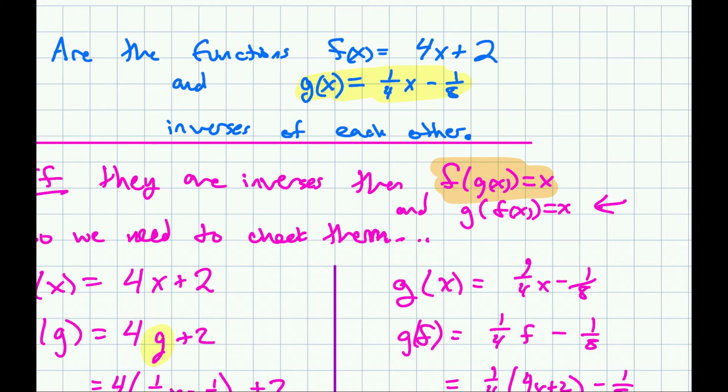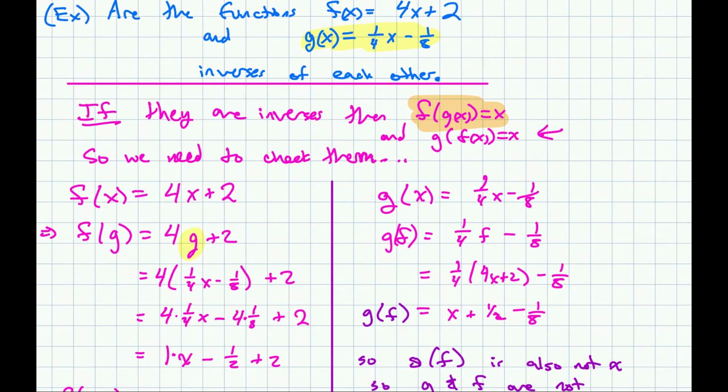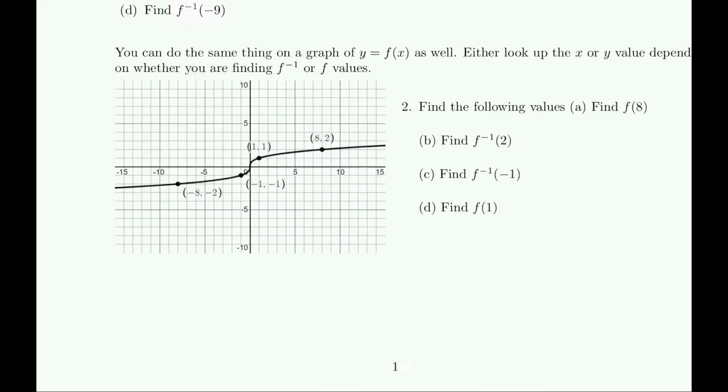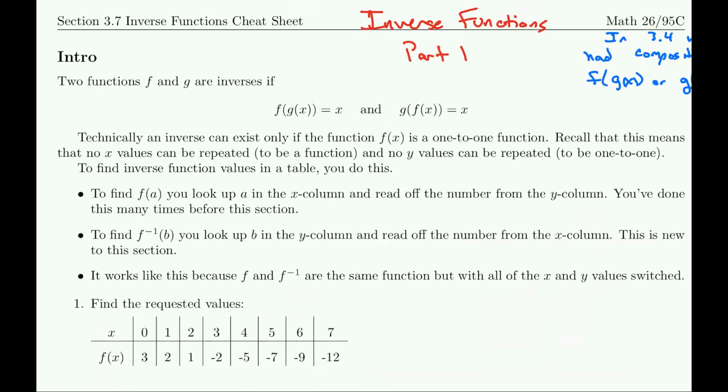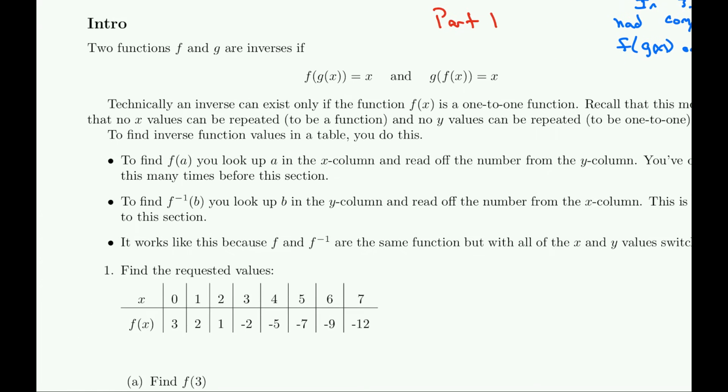I'm not going to do more of that now because we are going to be using this definition in a little bit. So for now, this is fine. I just wanted to do something with the definition first off before we do numbers. So let's go back up here and look at this again. This is the definition. If this happens, then f and g are inverses. And if they are inverses, then we give it a name.